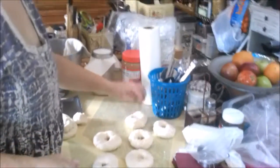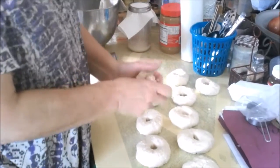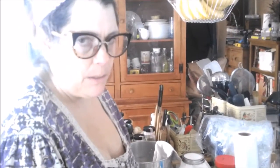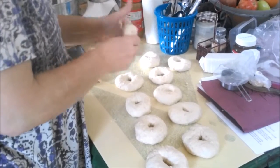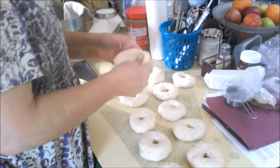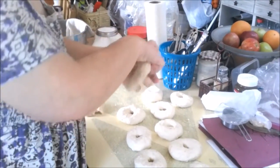And I mean, the reason that I smooth the middle is because when it's all rough and craggly, it doesn't cook, you know, while the rest of the bagel's baking, the middle stays kind of moist and soggy. So, and that happens especially when you make a rope and put it together. This is why I do it this way. This is after experimenting with a bunch of different ways. This is what I found works best for me. I mean, I'm sure other people have other ways that work best for them, but